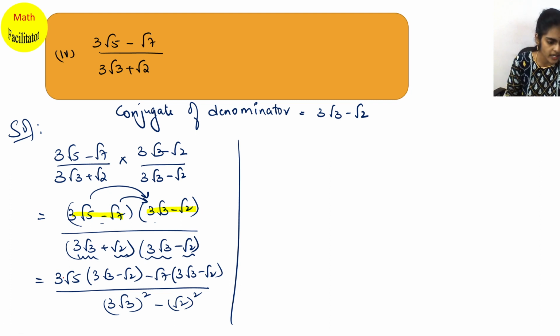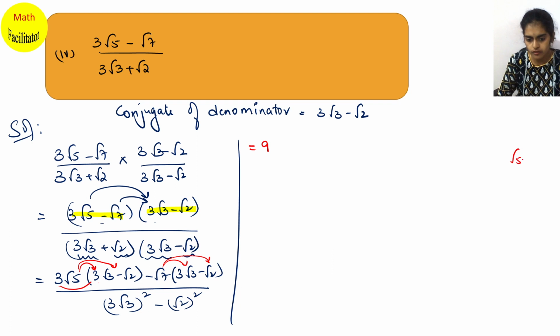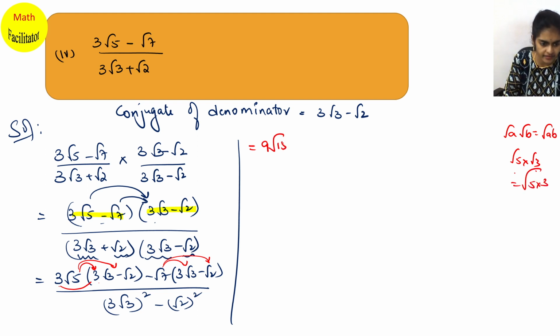The next step is you will multiply 3 root 5 into this and 3 root 5 into minus root 2, root 7 into this and root 7 into root 2. Okay, so let us do it here. So that is equals to 3 root 5 into 3 root 3. See here, 3 3s are 9. Okay, and root 5 into root 3 is like root a into root b. Can I write as root over ab? So this is root over 5 3s gives me 15. So I am directly writing 15 here.